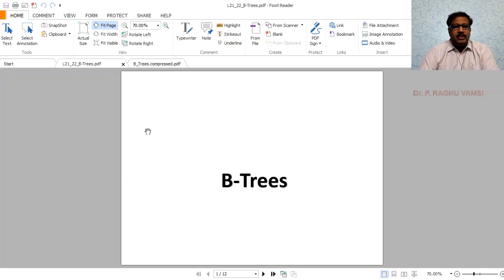So to make this concept very simple and easy for you to understand, because you are a layman and you are studying this concept for the first time, I don't want to go into the mathematical aspects at the first level itself. Instead, I would like to tune your mind to know what these B trees are.